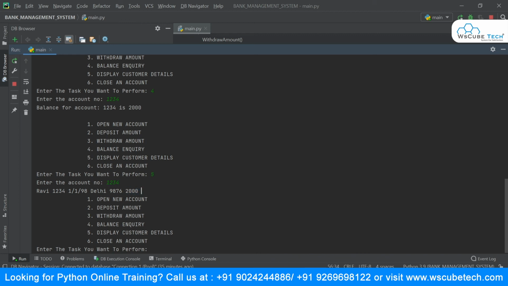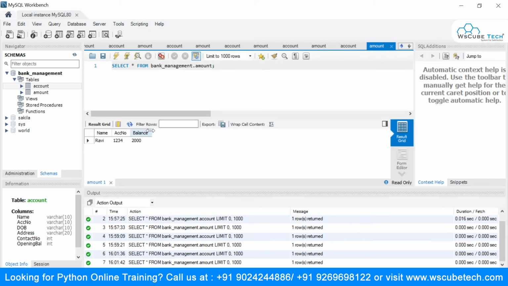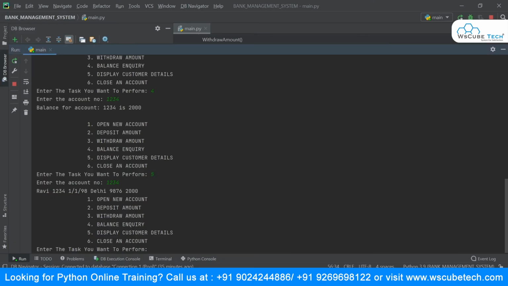All right. I just want to let you know that this is your opening balance amount which is being displayed over here. It's not the current amount, right? This is not the amount. So that is the initial amount with which you opened your account, and that is being displayed here. So we have got that result.